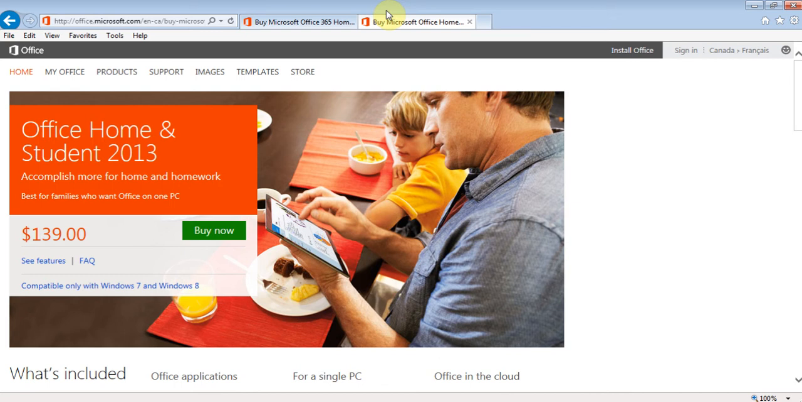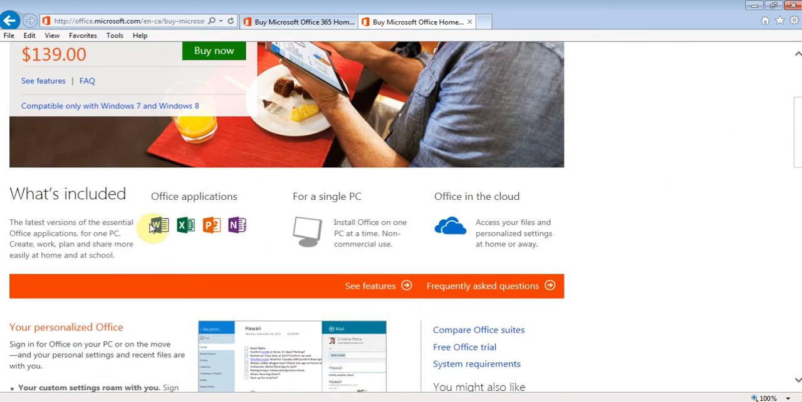One is the standard one, which you can buy like the DVD, or you can download and install it on your computer, which is for one PC. And their basic version, which is the Home and Student Edition, comes for $139, which includes Word, Excel, PowerPoint, and OneNote. So they also have some other versions like the business version, which is for $250, which also brings you